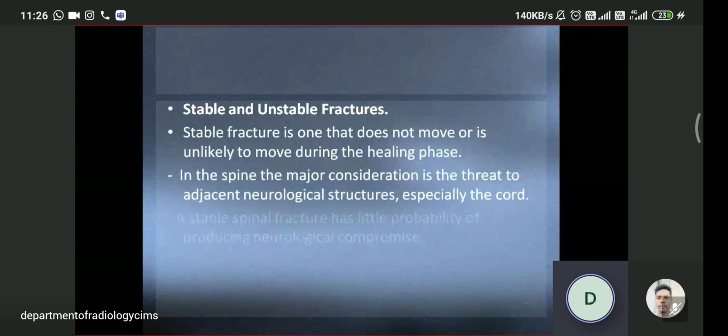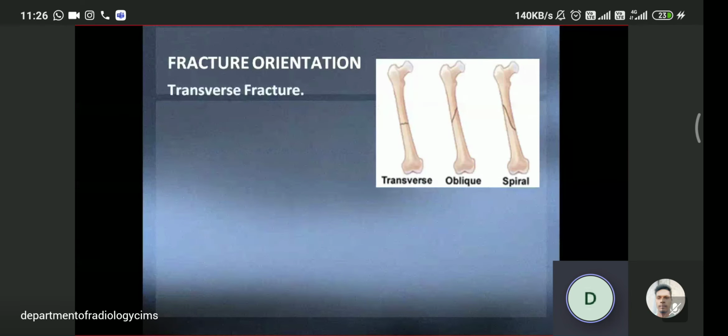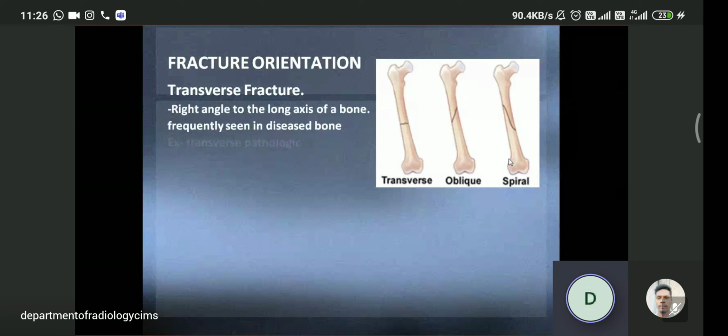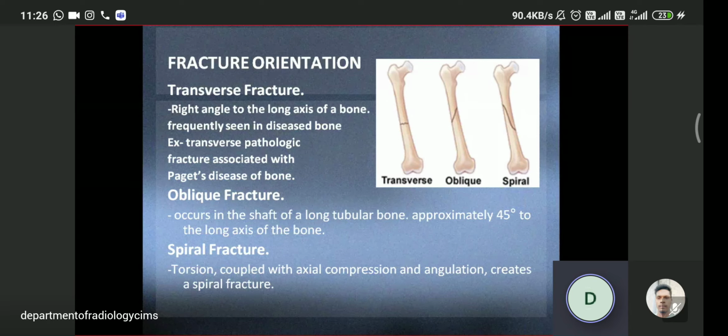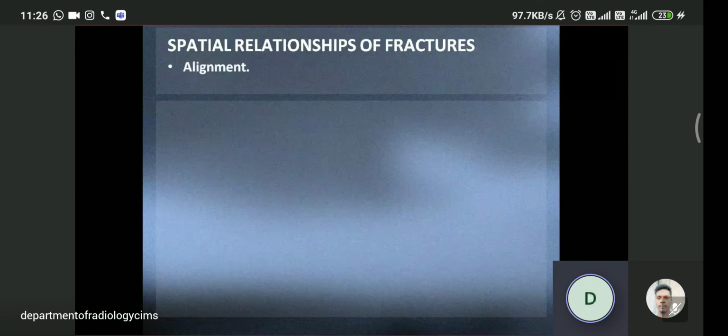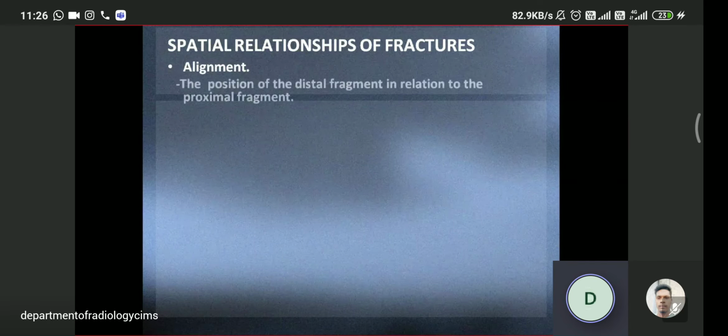Next, coming to some few words for the report writing of the fractures. This is transverse fracture, this is oblique fracture, and this is the spiral fracture. When you take the X-ray of the femur of an RTA patient, you will get all this kind of picture, and you will be very happy when you see this kind of picture and correlate with these words. You are happy that you have diagnosed something very new: transverse fracture, oblique fracture, spiral fracture.